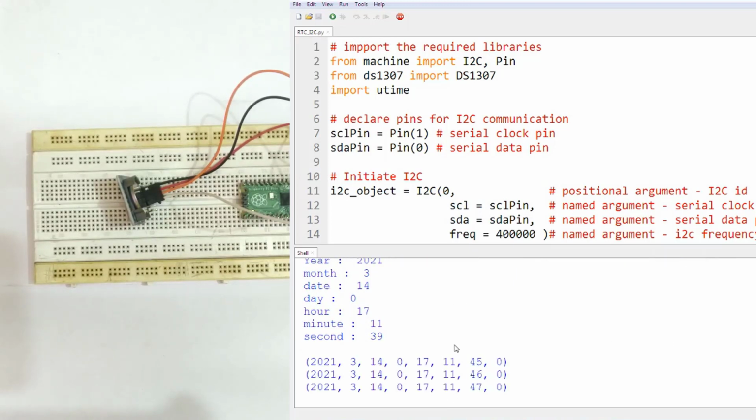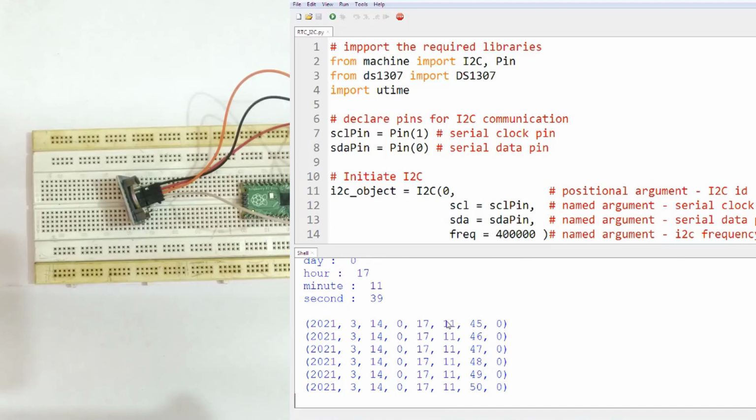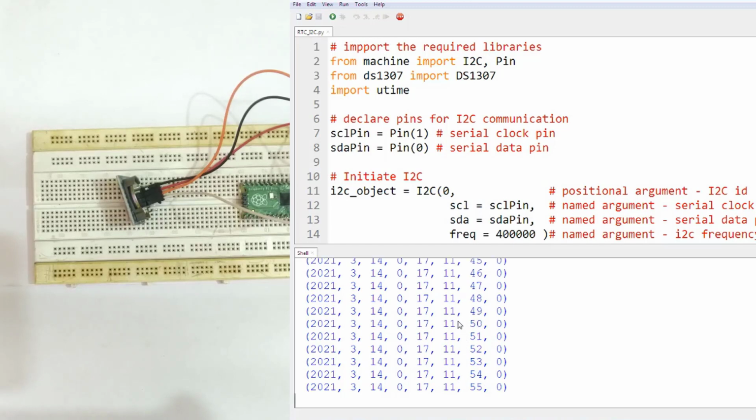So now as you can see, we stopped the program when the minutes were 10, and now when we start the program the minutes are 11 and almost coming near to 12 minutes. So almost a gap of 2 minutes. So in this way we can confirm that the RTC module is maintaining its date and time even when the external power is removed. So this is the demonstration of this video, and now let me tell you about the MicroPython script.